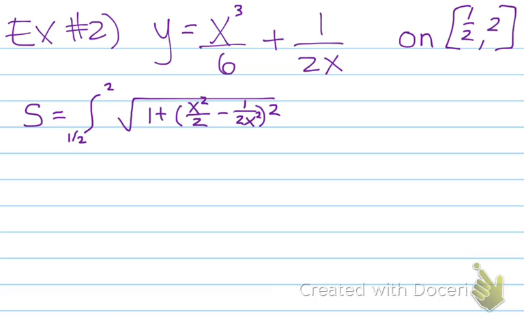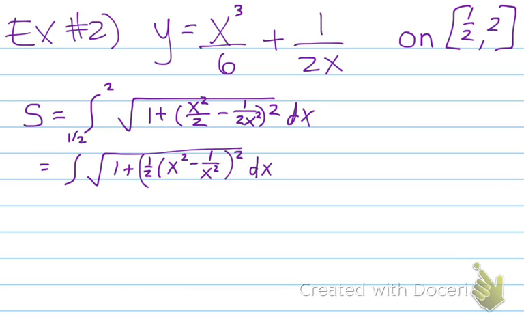There we go, dx. If you look at the squared part of my square root, I can actually take out a 1/2. I'm not going to write the limits of integration right now, we'll come back to those later. If you take out a 1/2, you get 1/2 times x squared minus 1 over x squared, and all of that is being squared,